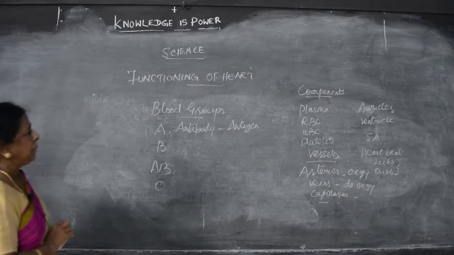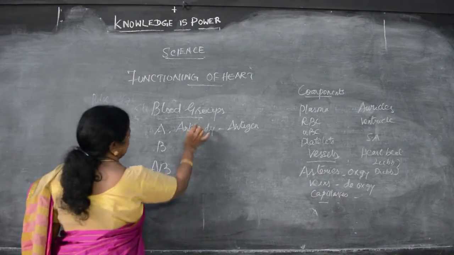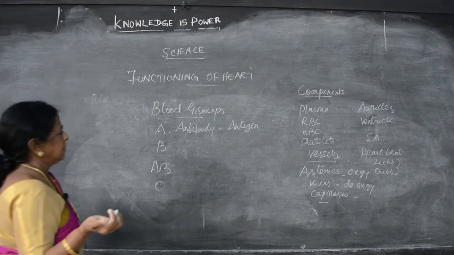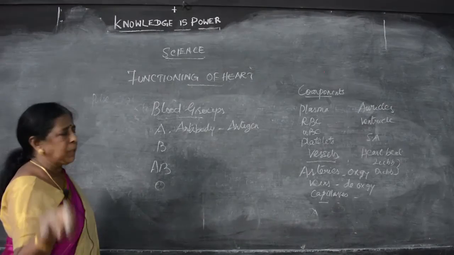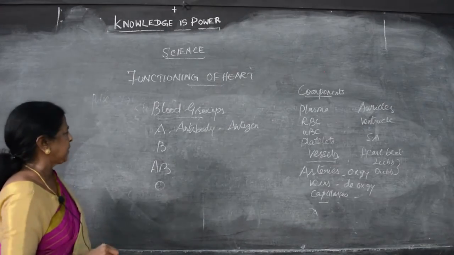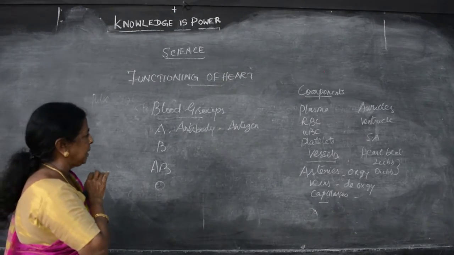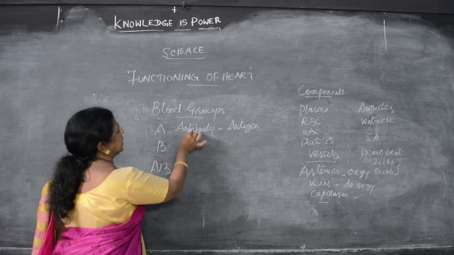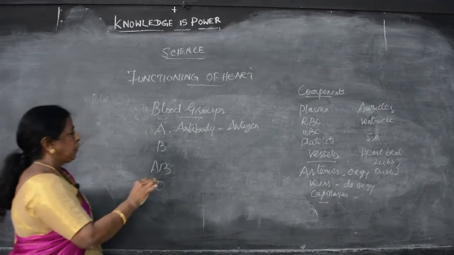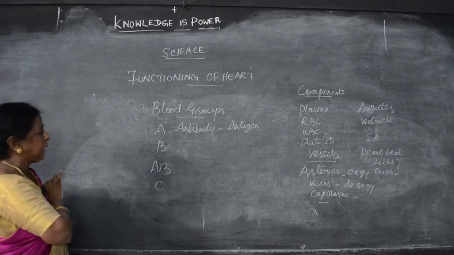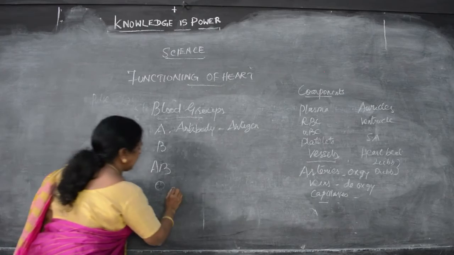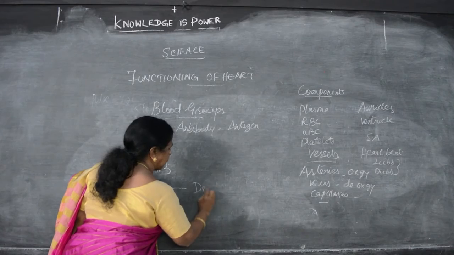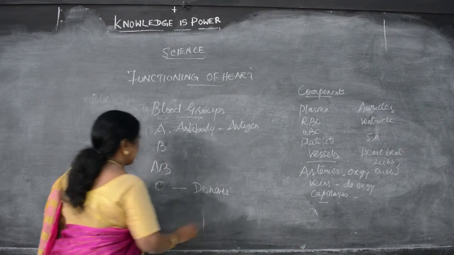Donating blood is very important because blood is like a river. Just as without water we cannot live, without blood we cannot live. So whenever a person loses blood through operations or accidents, it should immediately be replaced. So donating blood is highly appreciable. We can find out the blood groups by seeing the antibody and antigen. The antibody present in A cannot be seen in B, the same with AB. So O group can give blood to all, so they are known as donors.